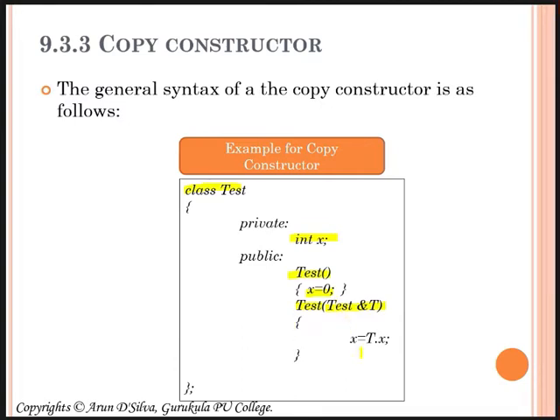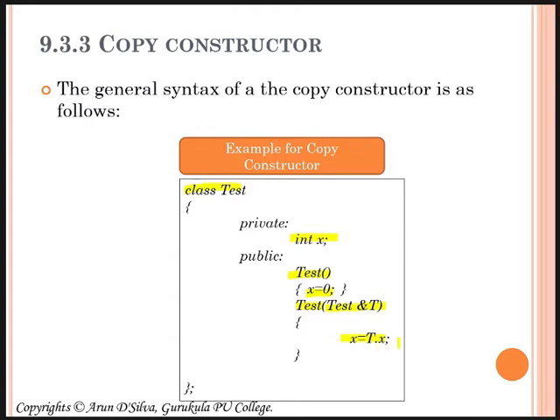Inside the function body, what I am doing is x equal to t dot x. This means that whatever you are copying to the new object, that member data should have the value of the past object. The past object is t, and t's member data is x.